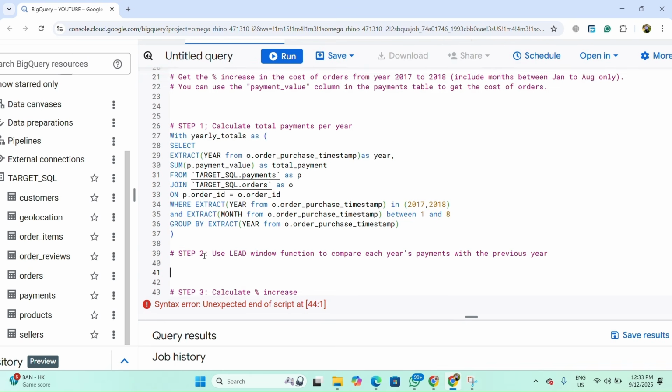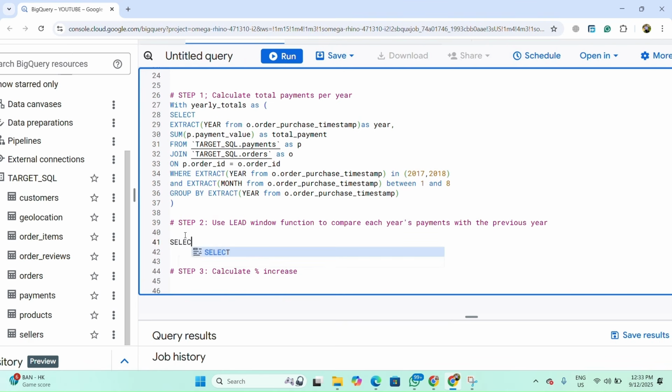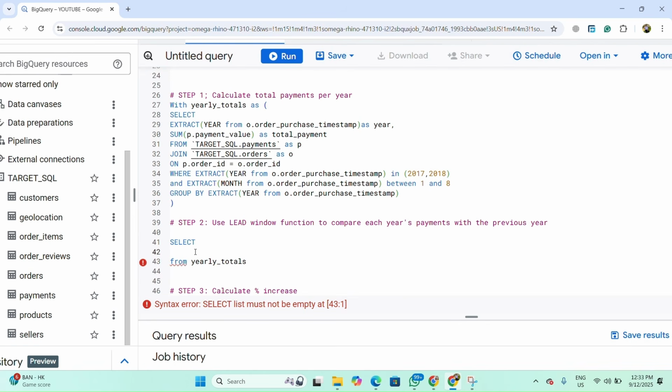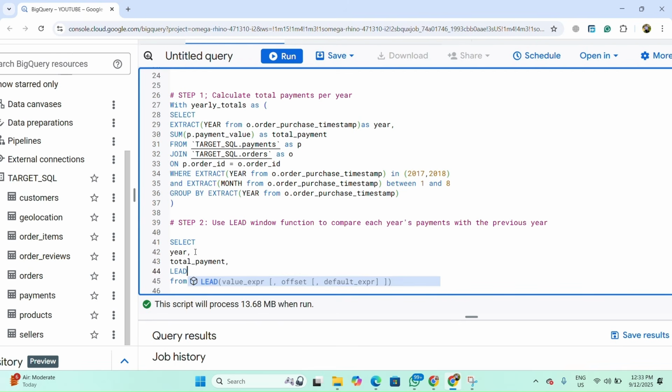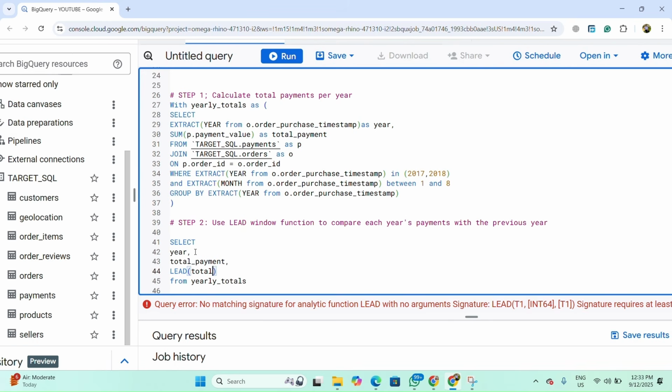Okay, so now from this particular CTE, let me just write from yearly totals. Now from this CTE, what you want to do is simply use the lead function to compare each year's payments with the previous year. So you want to write year, comma, total payment, comma, and here you just apply the lead function on the total payment